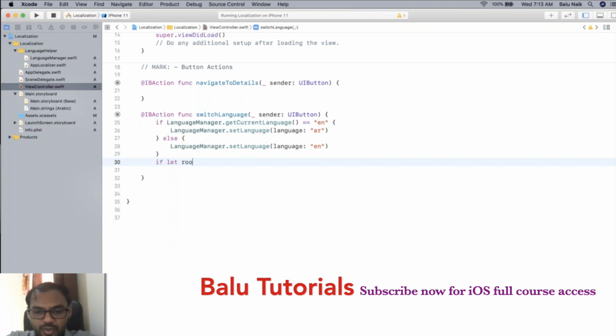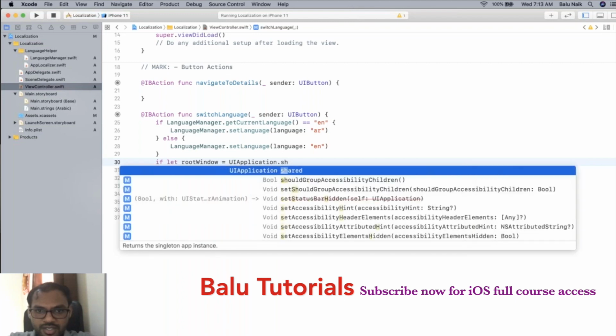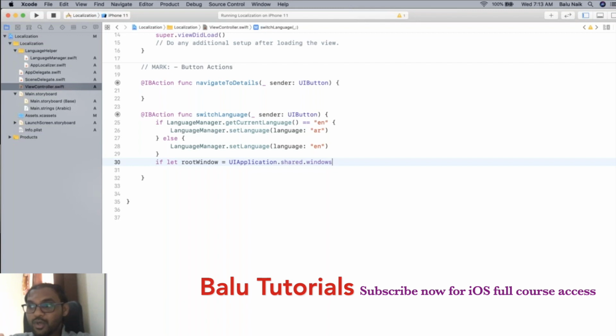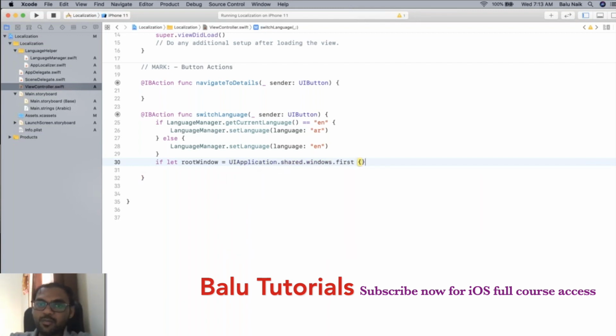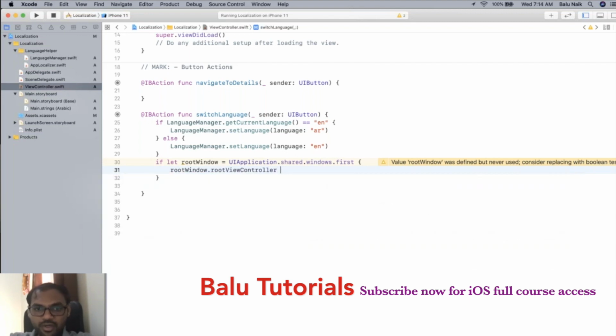If let root window equals to UIApplication dot shared dot windows. Windows is an array, dot first. So the topmost window you have to get. Root level. You remember earlier. Topmost. Okay. Then root window dot root view controller equals to